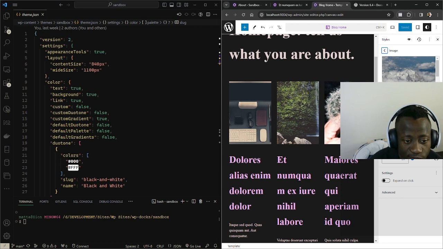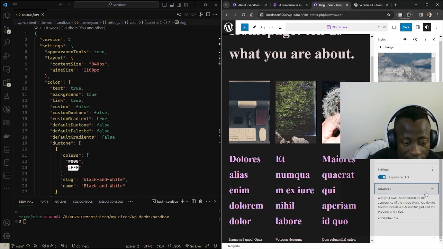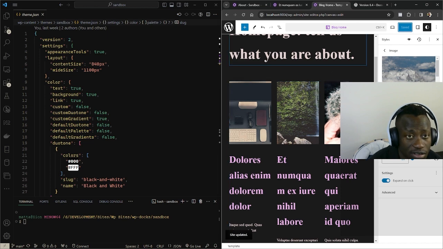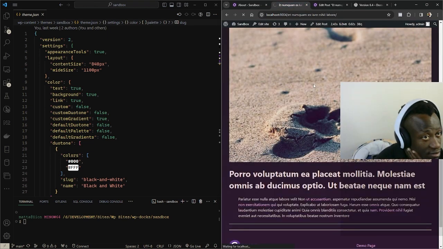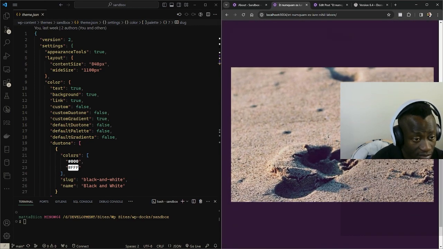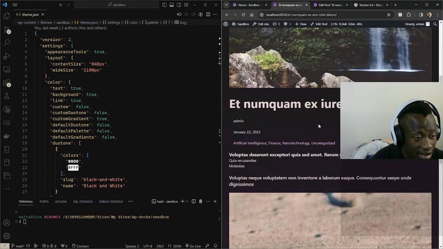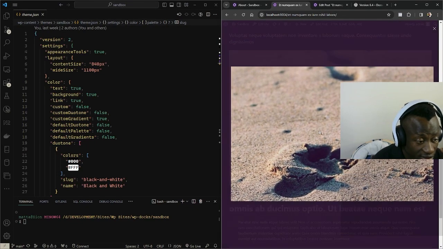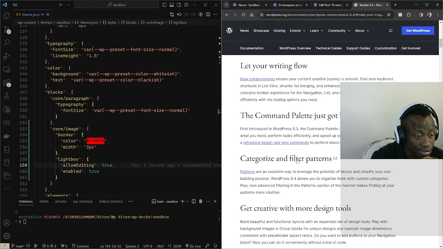If we go to styles blocks, settings, expand on click, this is supposed to make it available for all images site-wide. So let's do it here, and then let's go back into that post and see. So I'll refresh this post and see how it works first. It works like a Lightbox is supposed to, which is perfect. All right, so this first feature,